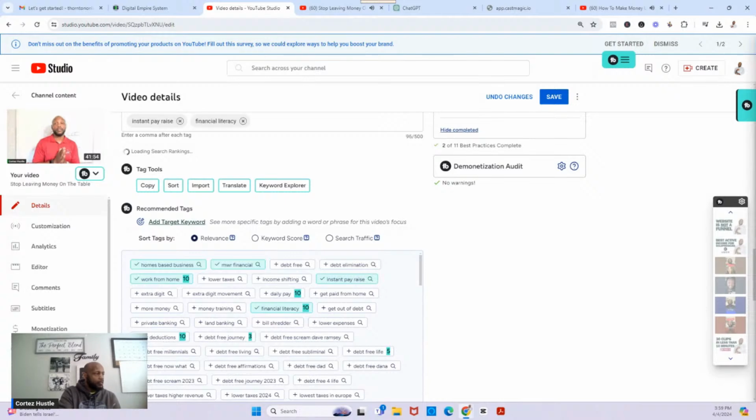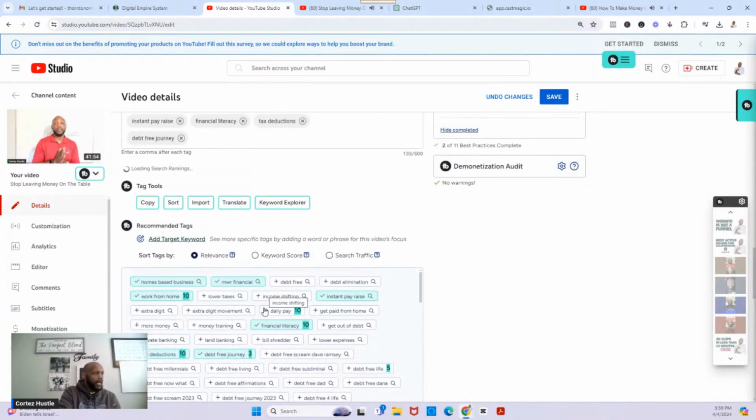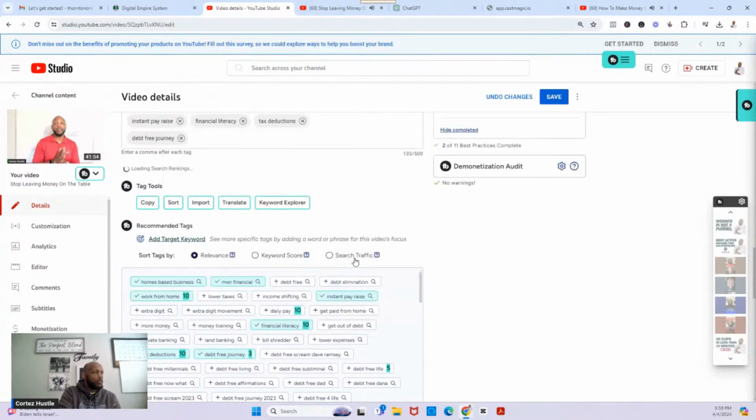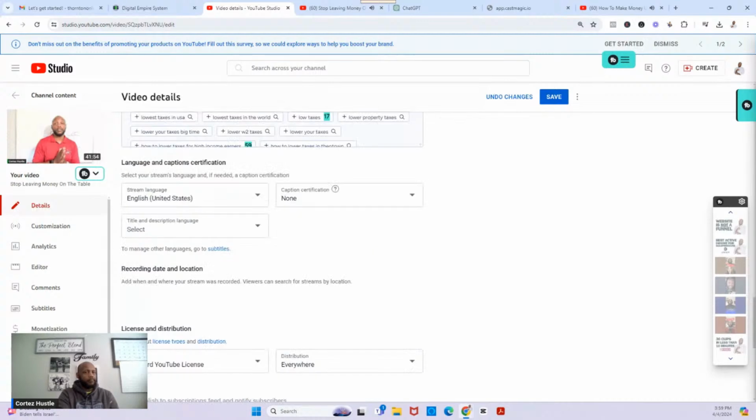And it's telling me that the ones that have numbers on them are probably better to add. So it's doing a lot of the thinking for me, right?